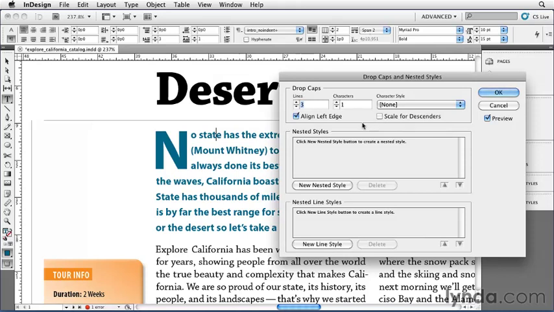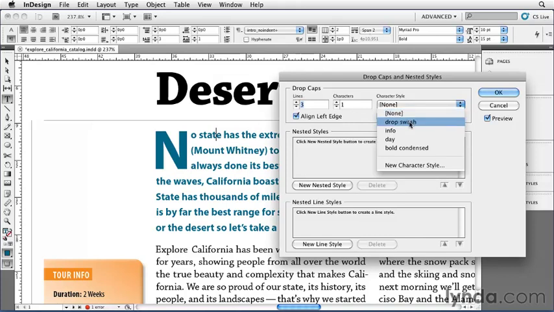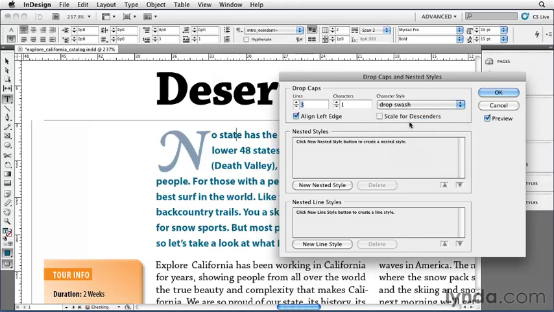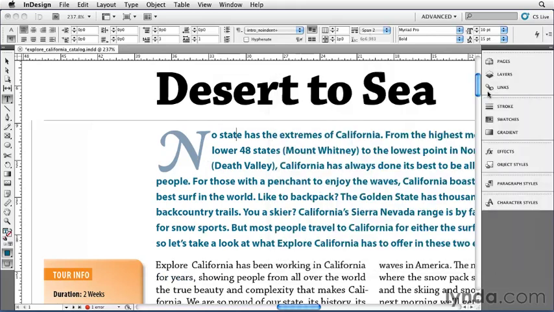In a lot of designs, the drop cap is a different color or style, sometimes even a whole different font from the rest of the text. Here, by default, the drop cap is the same style as the rest of the text, but we can override that by choosing a character style here from this pop-up menu. I talk about character styles in a later chapter, but I've gone ahead and created a character style here called Drop Swash, and when I choose that, you can see that it immediately changes the whole drop cap. Let's go ahead and click OK